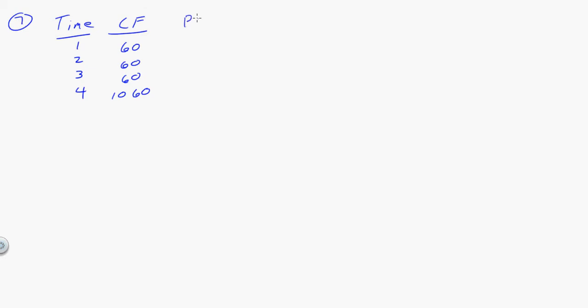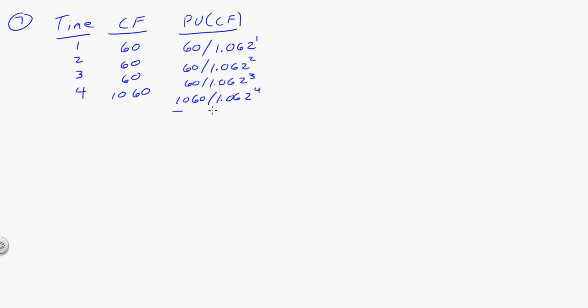Next you need to find the present value of those cash flows. 60 divided by, and your yield to maturity is 6.2%, so that's divided by 1.062 to the first. This is 60 divided by 1.062 squared. 60 divided by 1.062 cubed. 1060 divided by 1.062 to the fourth. And let me pause and write some numbers down. Okay, so now when I add this up, the price of this bond is